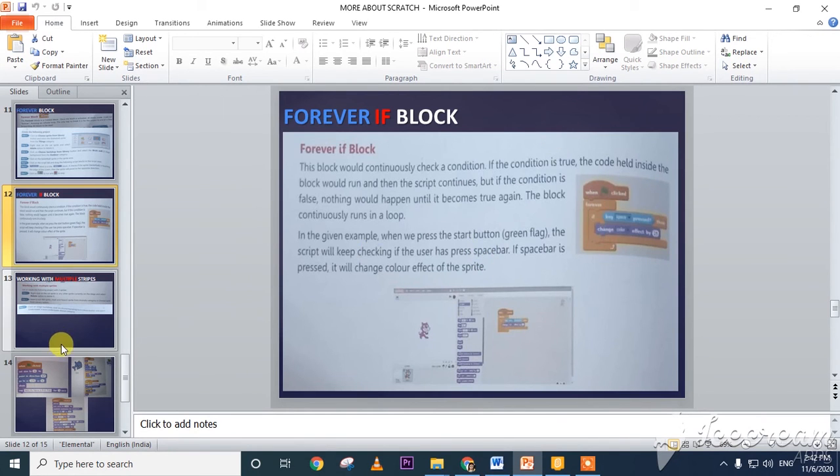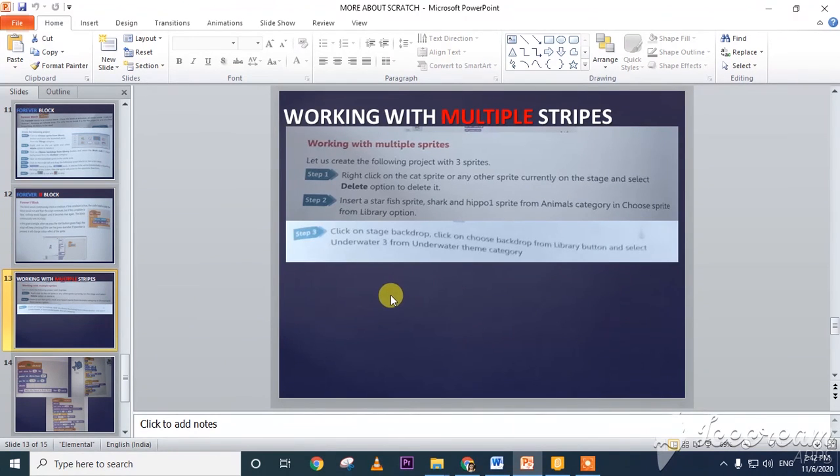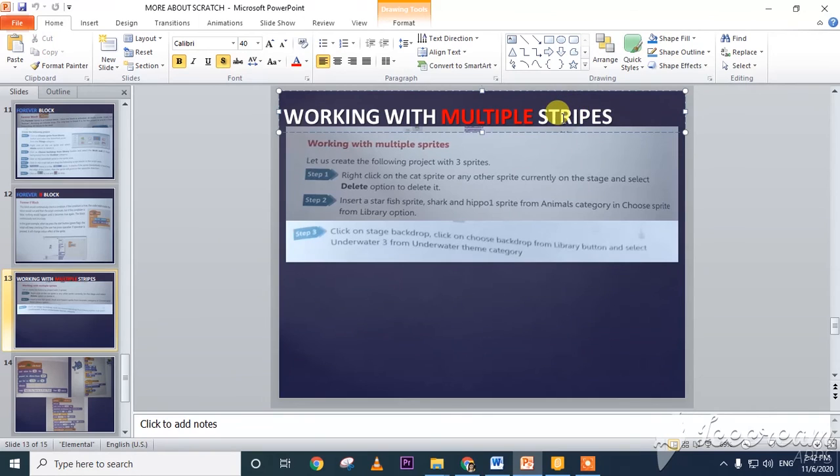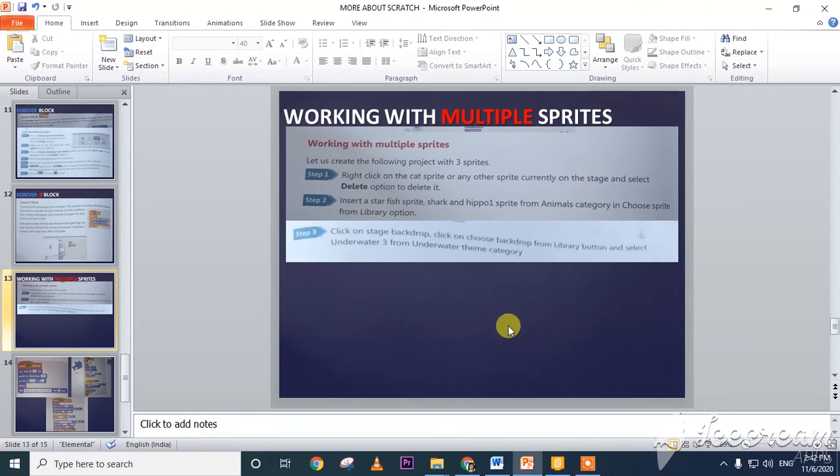Next and last is working with multiple sprites. First, right click on the cat sprite, click on the stage and the delete option, and let us see the example here.